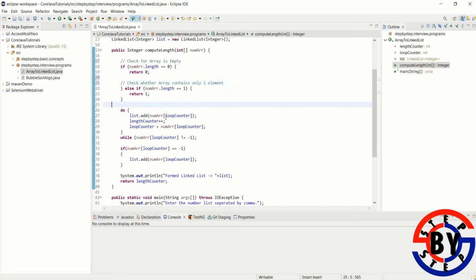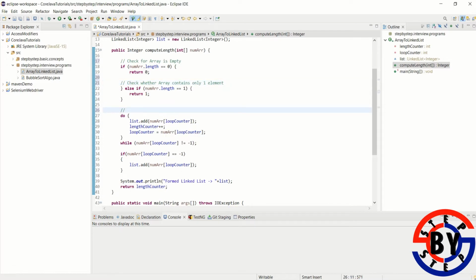Then the actual condition comes in, wherein the array is not of length 0 and not of length 1. Then the code goes down, and here we find out how the actual linked list is to be formed, with the conditions we discussed earlier.